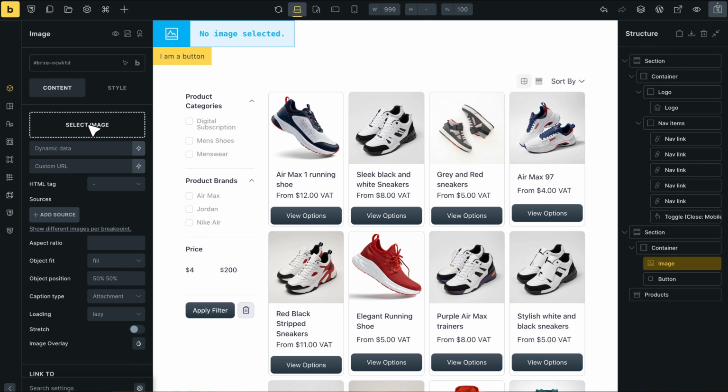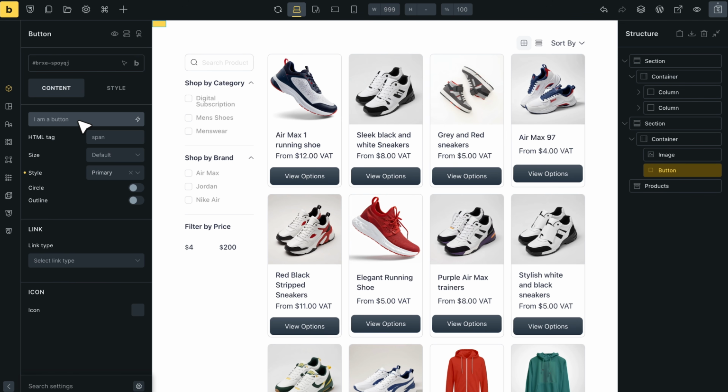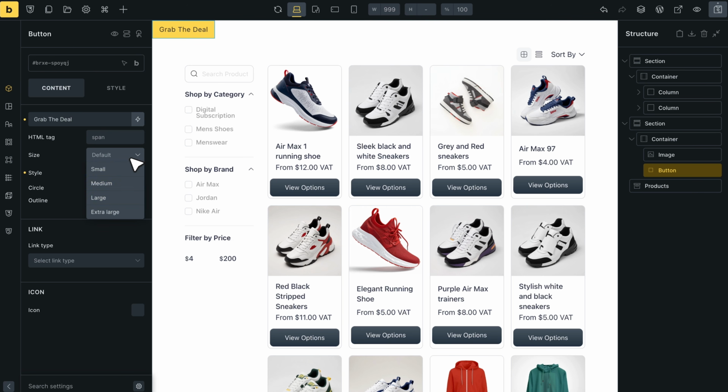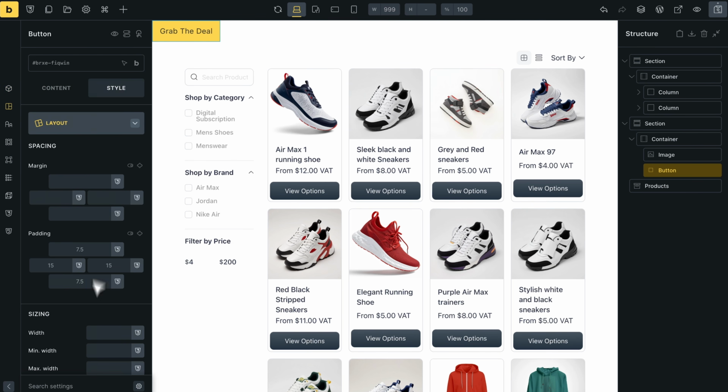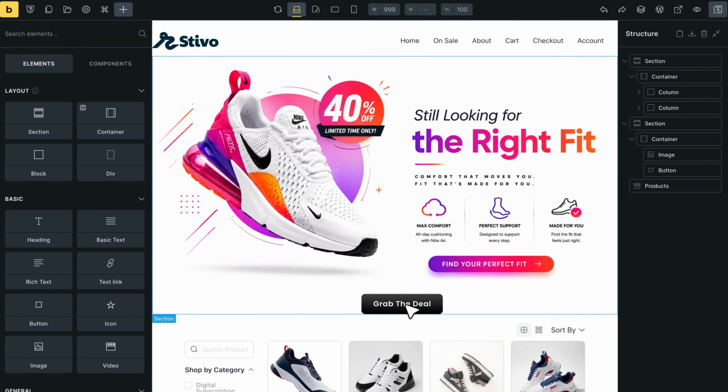First, I'll insert an image from the select image option. After that, let's rename the button with the text like grab the deal. Center the button and add some padding so the section feels visually separate from the product list. Now, I'm going to quickly style these parts to match the rest of the layout since we already covered the basic customization workflow earlier. As you can see, the button uses the same dark color and slightly rounded corners, matching